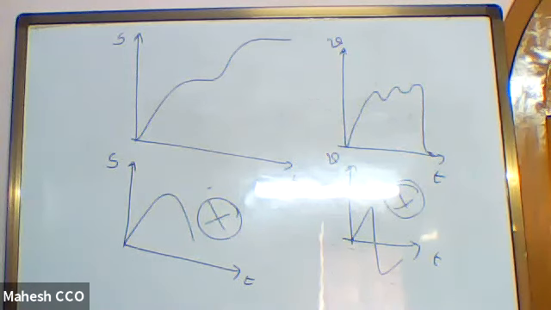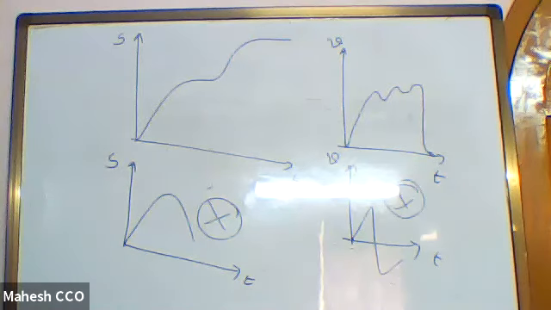I have given you some examples on the board also. Distance shall only keep increasing or stay constant, but can never decrease with time. Next point is speed can never be negative. So these things shall be taken care of while we are analyzing the graphs of distance versus time or speed versus time.